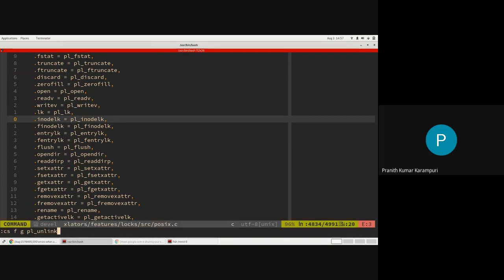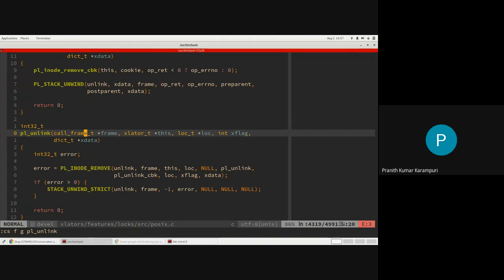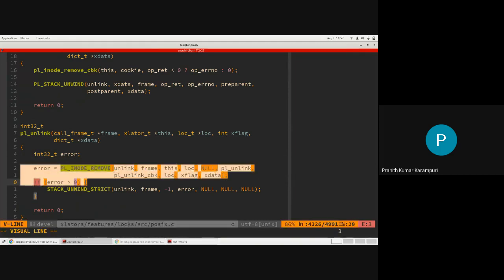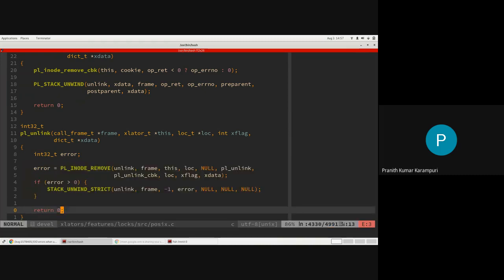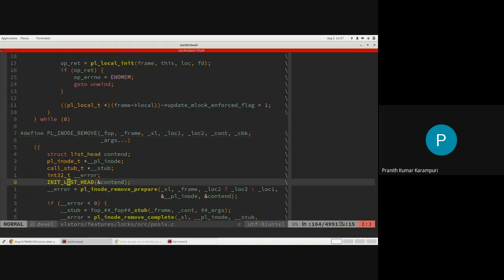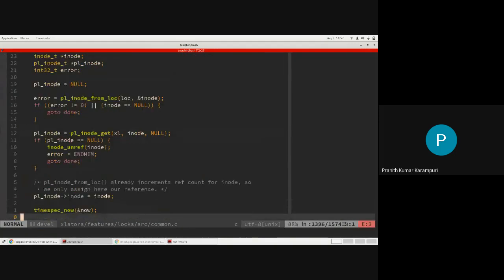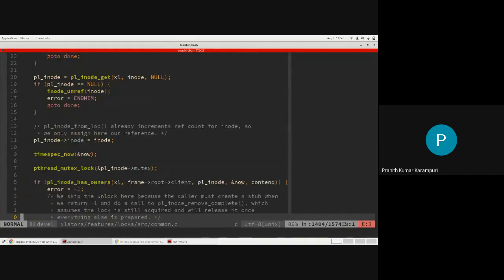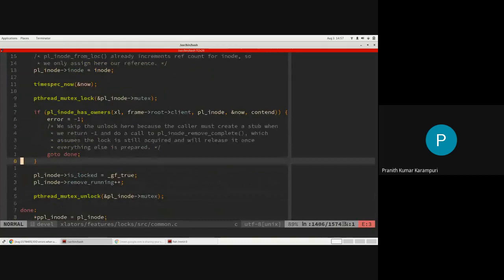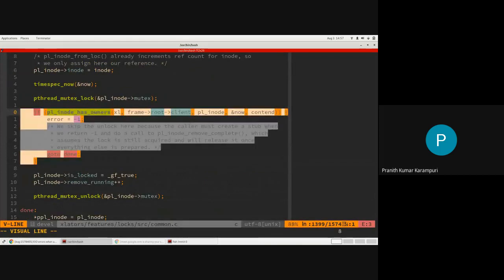Rename is a little bit involved because it manipulates two entries. So let's look at something simple, which is an unlink. So instead of just handing over the unlink to the lower translators, it will do some extra operations here. What it will try to do is see if on that inode there are any inode locks. So it will do this check.